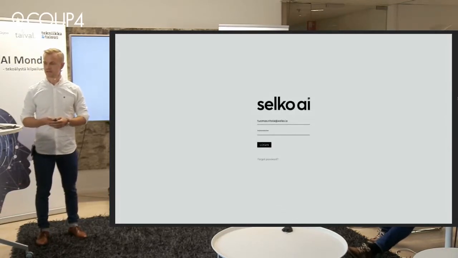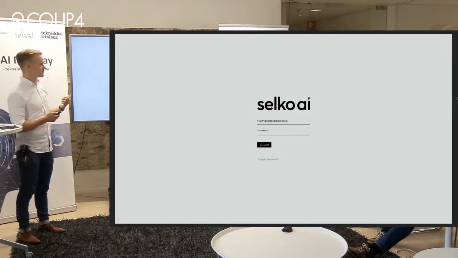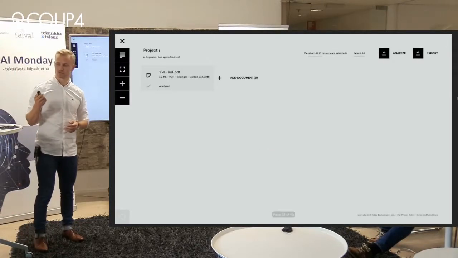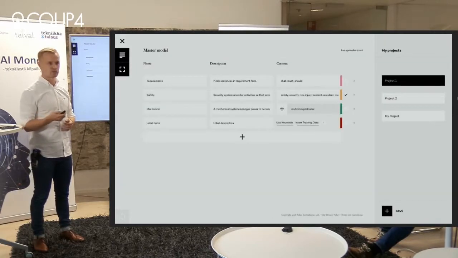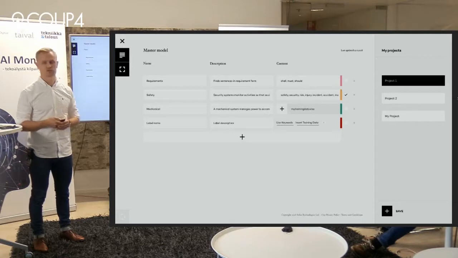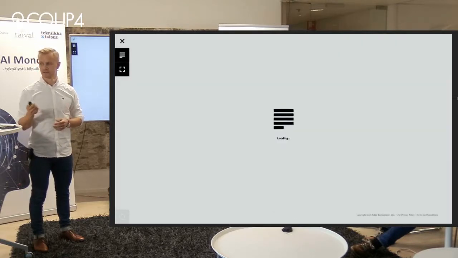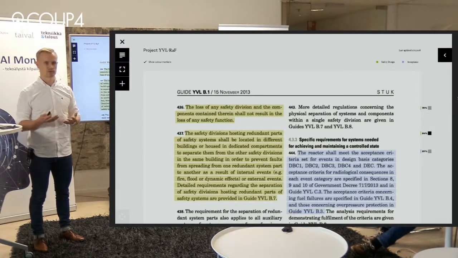So here's a quick demo of our tool. You can log into our tool, create a project and then upload a document. Then you can define, with either simple, let's say, keyword-based approaches, the things that you want to search, or you can download an Excel with the labeled training examples that you want to search for. Then the tool analyzes the document and highlights the interesting parts for the user in the context of the original document. So relatively simple stuff.